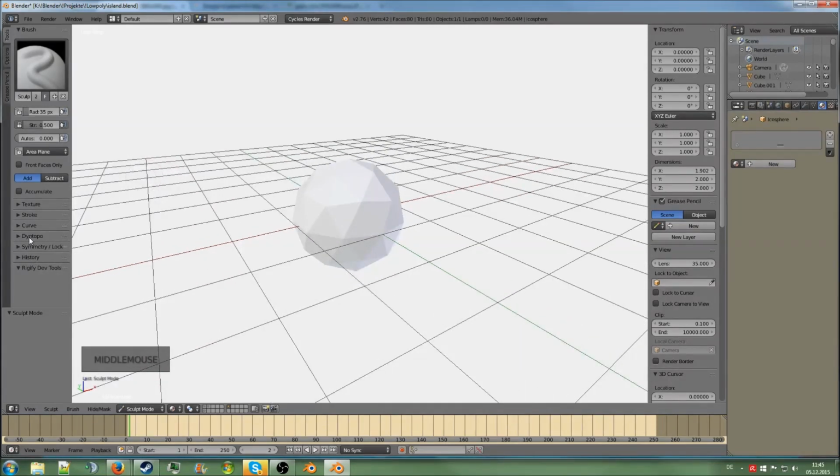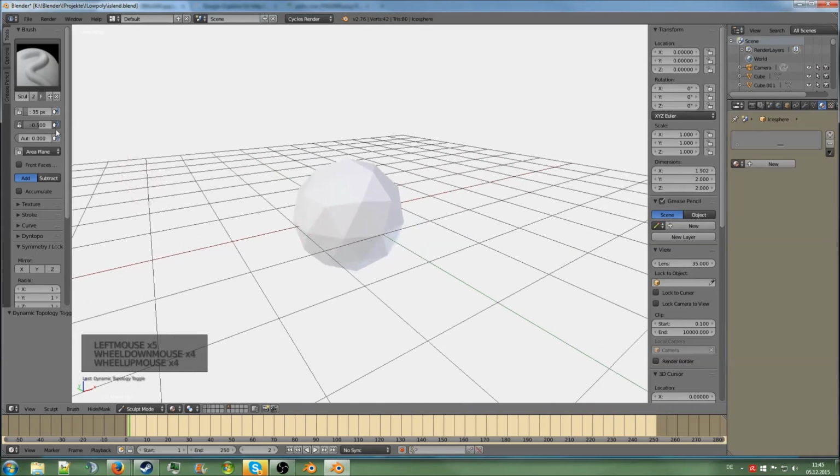I'm going to enable dynamic topology, disable the symmetry, increase the brush size to 50. Yes. Decrease the weight a bit, and